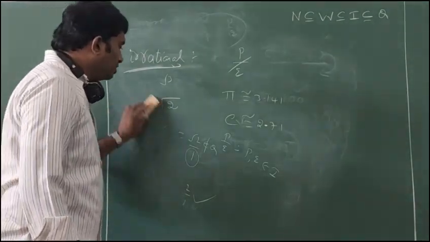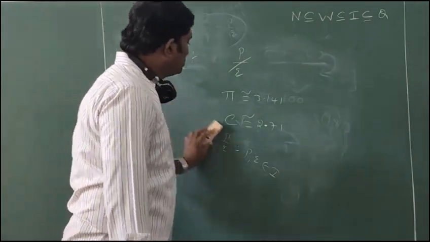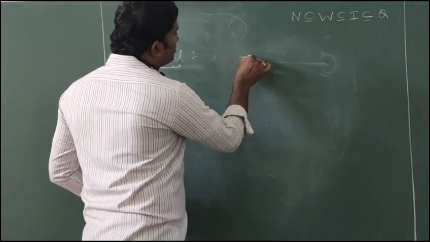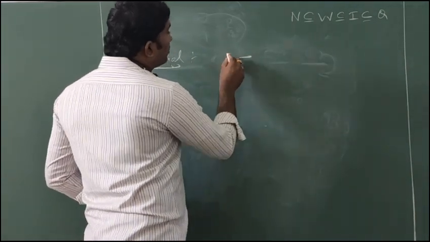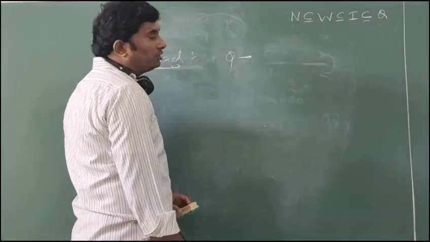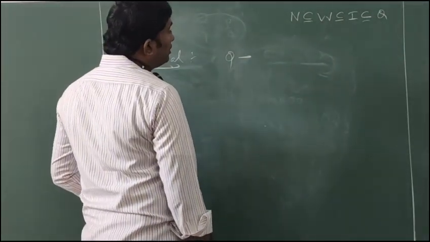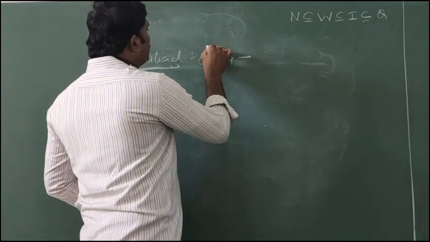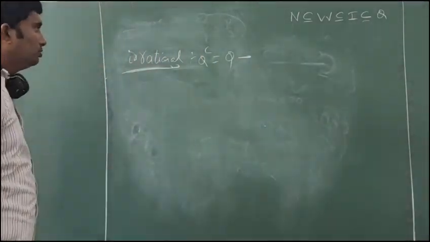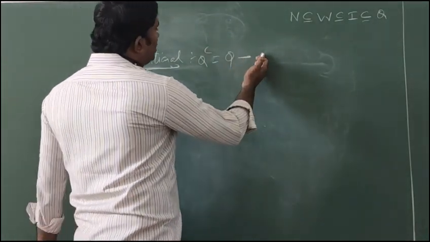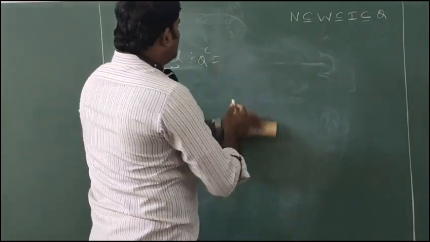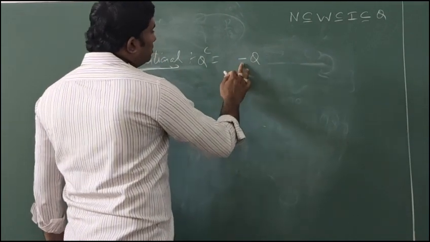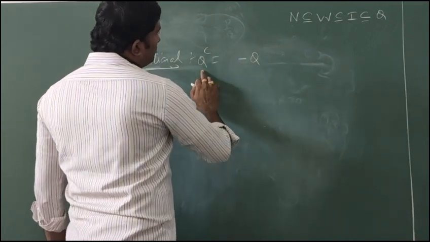So if a number is not rational, then that number is called irrational. The irrational number set is denoted by Q dash. That means we are eliminating some numbers, which are rationals. We are eliminating rationals from where? Integers.